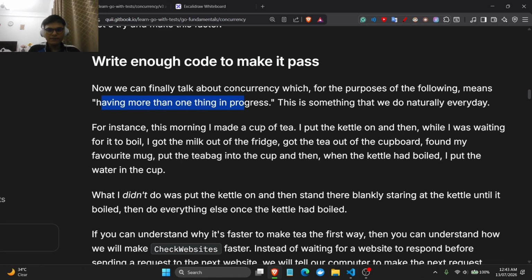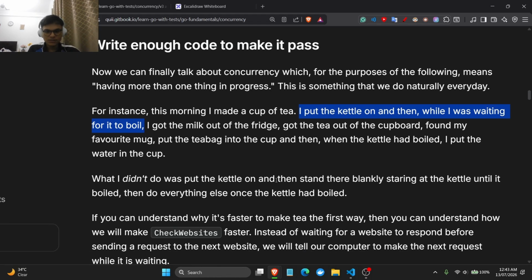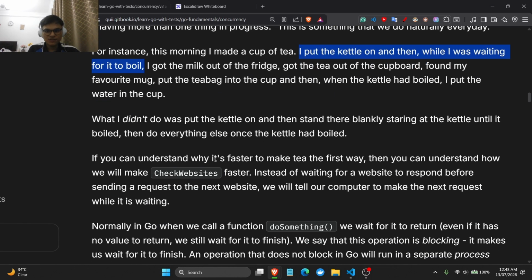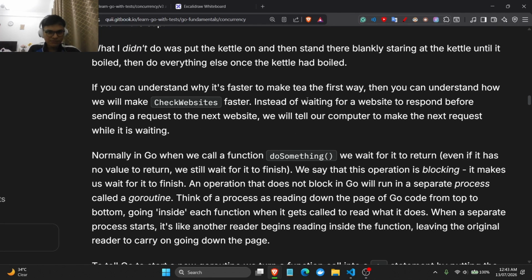For instance, this morning I made a cup of tea. I put the kettle on, and while I was waiting for it to boil, which could be thought of as an IO operation, it's something that does not require your attention because it's going to do it by itself. If you can understand why it's faster to make tea the first way, then you can understand how we will make checking websites faster. Instead of waiting for a website to respond before sending a request to the next website,